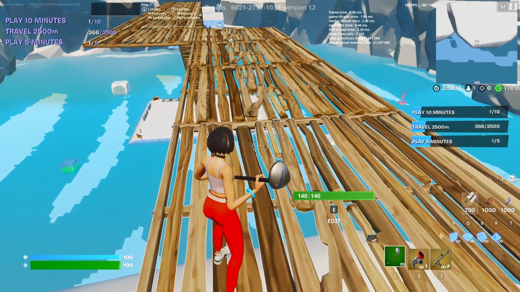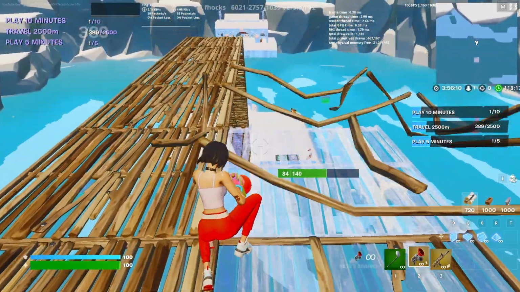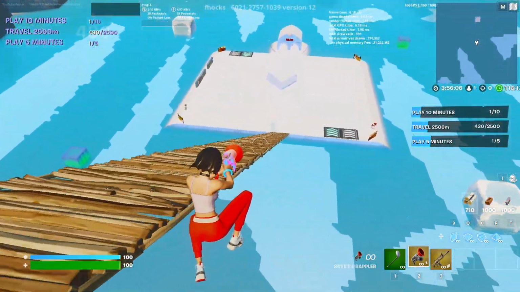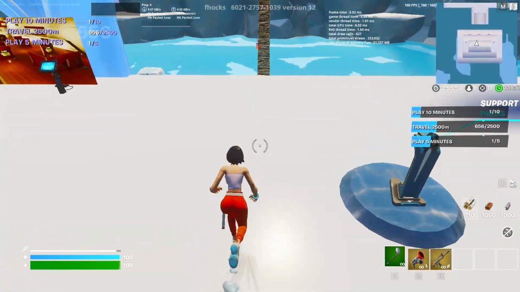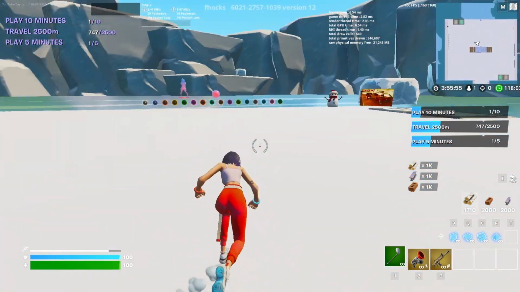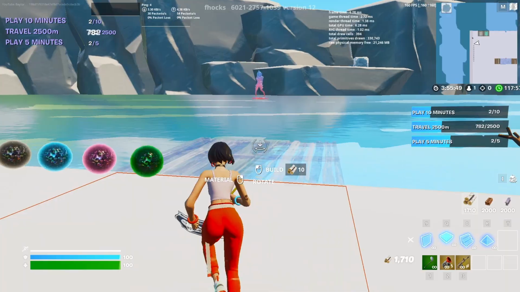So the next one is going to be looking for the fish. So we want to look for the fish. That's going to be right there. So we're just going to make our way over there. So I'm going to go all the way down here, and we're going to basically go back on to spawn. Now another thing you can do to make this go faster is go on the speed pads. So if you go on one of these speed pads, then you can go a lot faster. So what I'm going to do is I'm going to build all the way over past the fish,